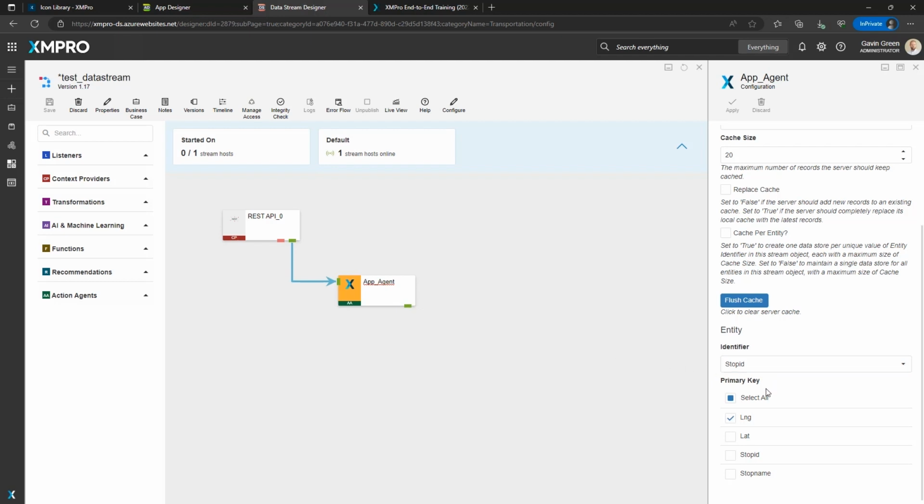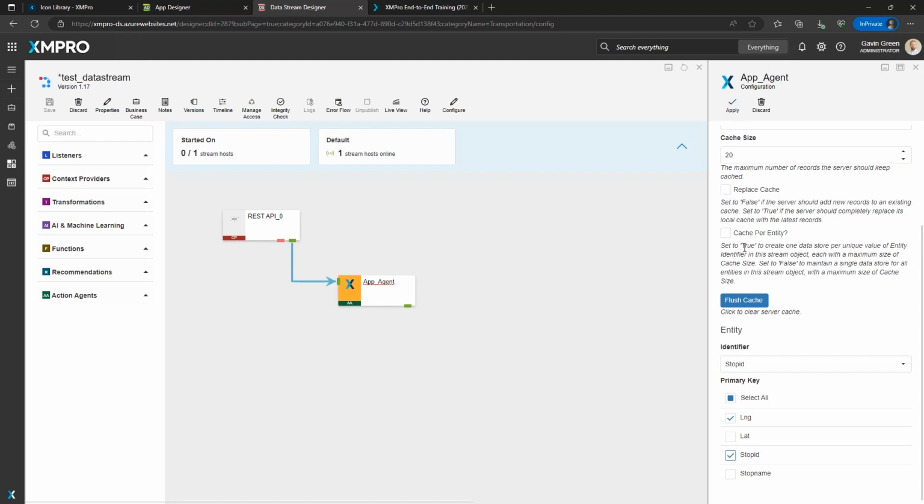And then down the bottom, if you're looking for multiple from the cache size, so you want 20 records from the cache size, typically you would include the identifier in that option, as well as a timestamp, or I'm assuming if the longitude is going to change, that will allow you to get the 20 records. So the only thing here would be to make sure that you just select the stop ID there and then